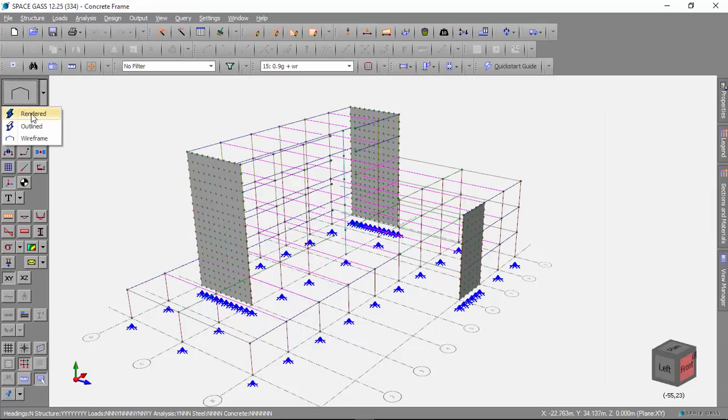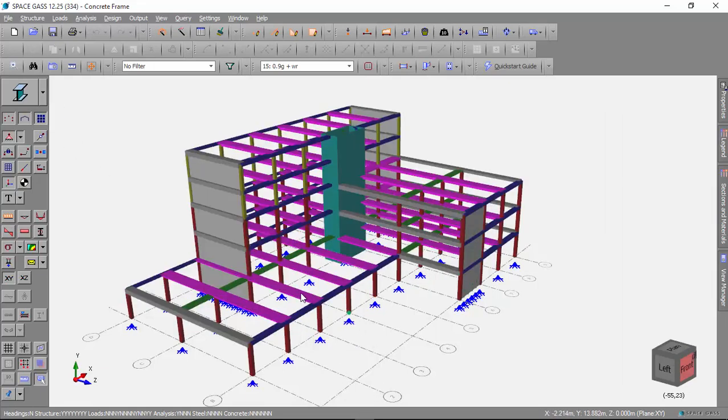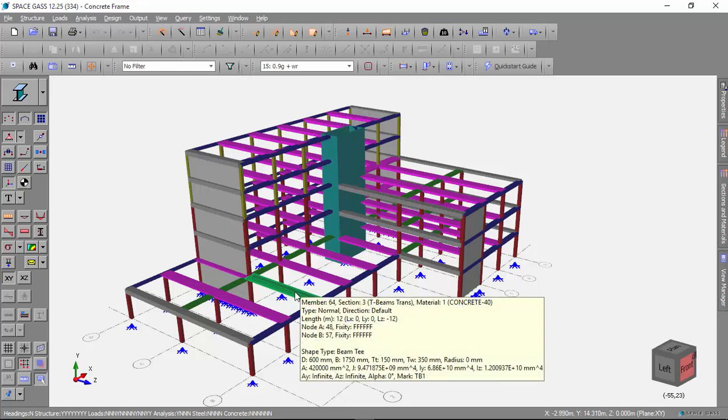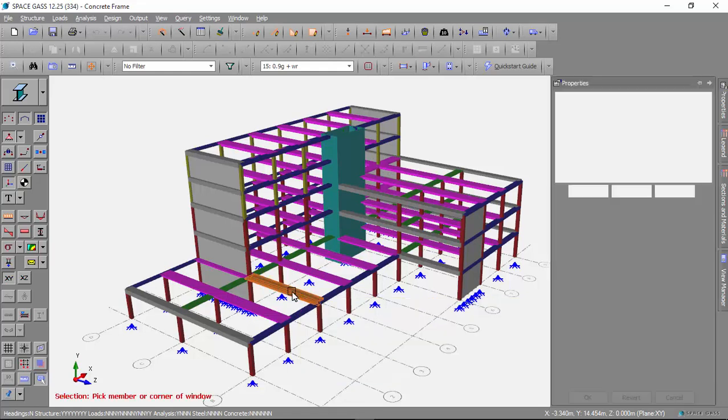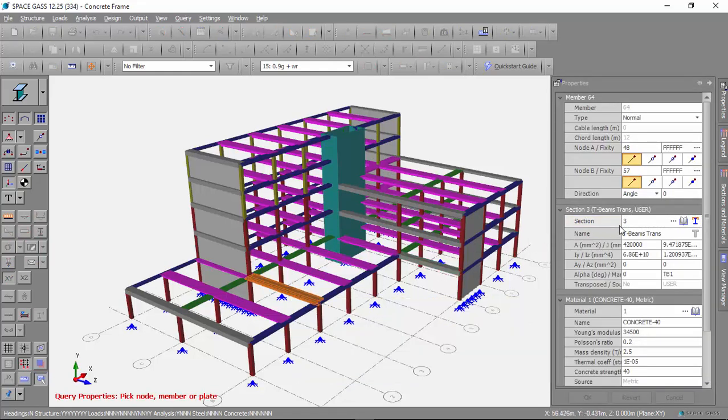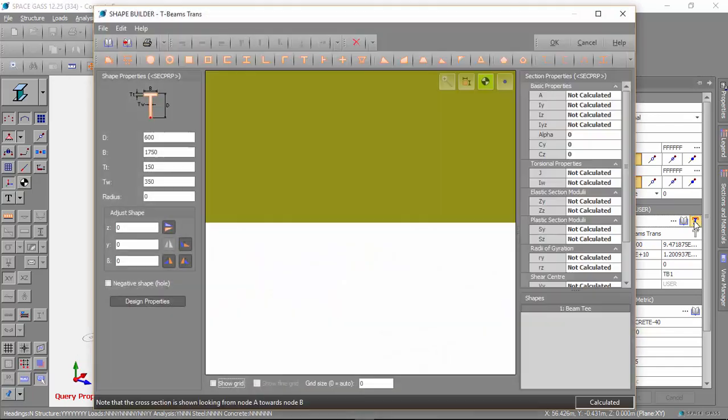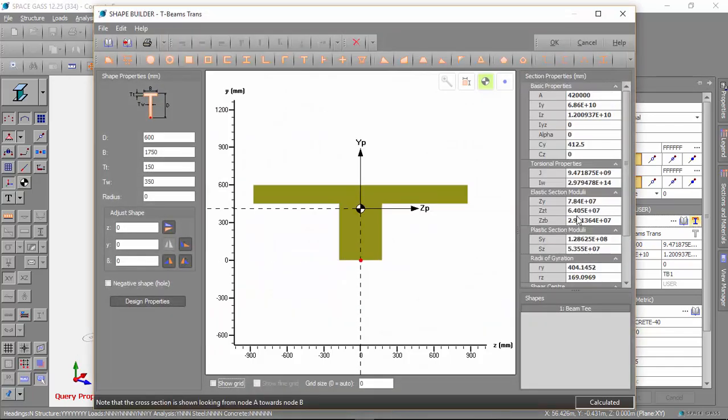Okay, so let's have a look at the cross sections in here. I'll switch back to rendered. These beams here are the main ones taking the slab load, and I'll just double click on one of those and have a look at it in the shape builder. We've modeled the beam as a 600 deep beam by 350 wide, and incorporated some of the slab to create a T section. The cross sections that can be supported by the reinforced concrete beam module in Space Gas are T's, like that one,